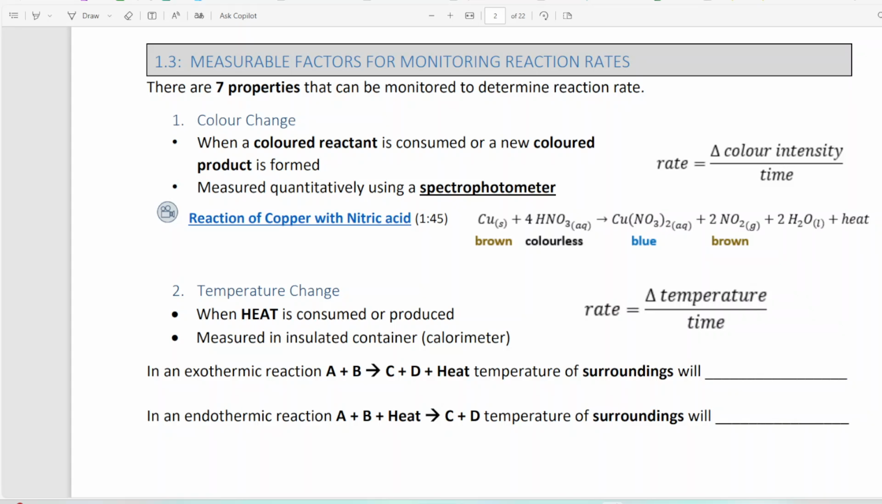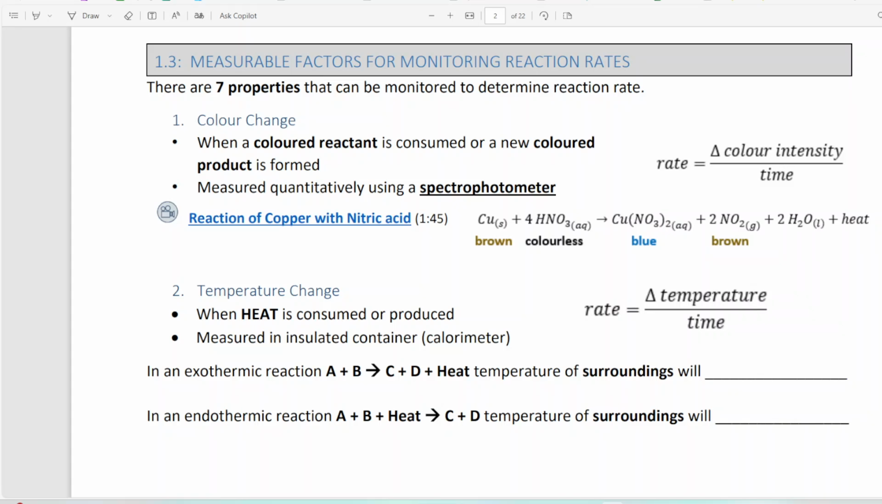In this next video, 1.3, we're just going to look at some measurable factors for monitoring reaction rates. In the previous examples, we just looked at reactants consumed or products produced, but there are other things we can do to monitor how fast a reaction is going. In fact, there are 7 properties that can be monitored, and it's going to be your job to look at a reaction and determine which of these 7 properties could be used to monitor a reaction